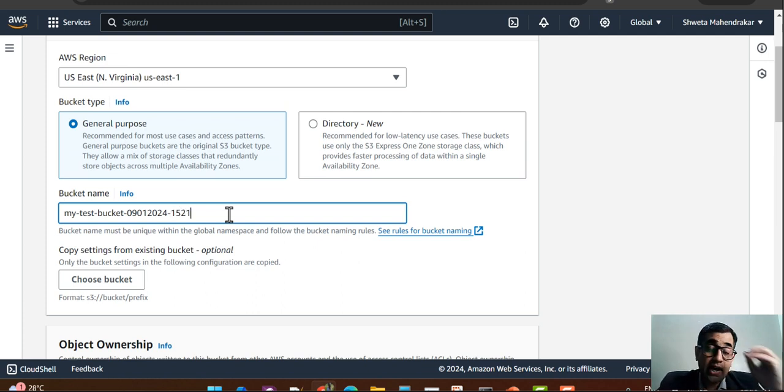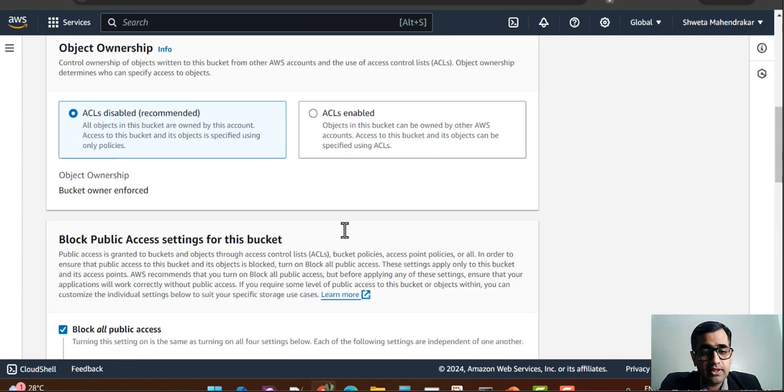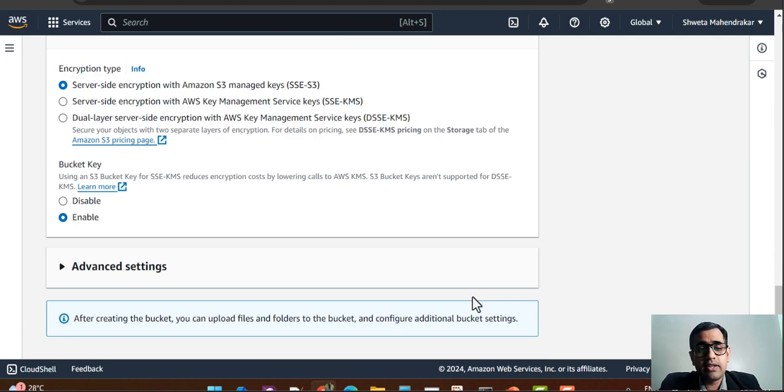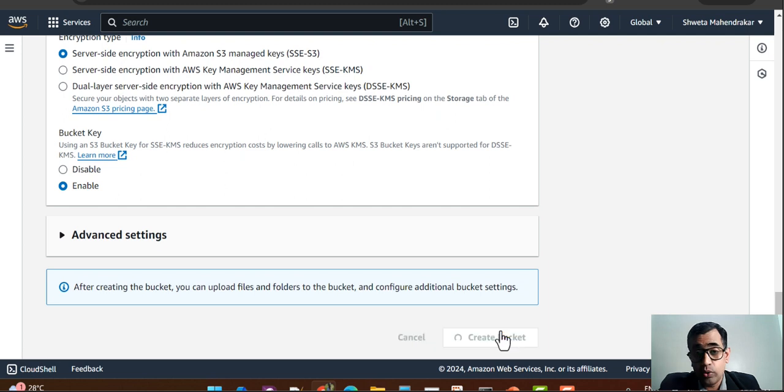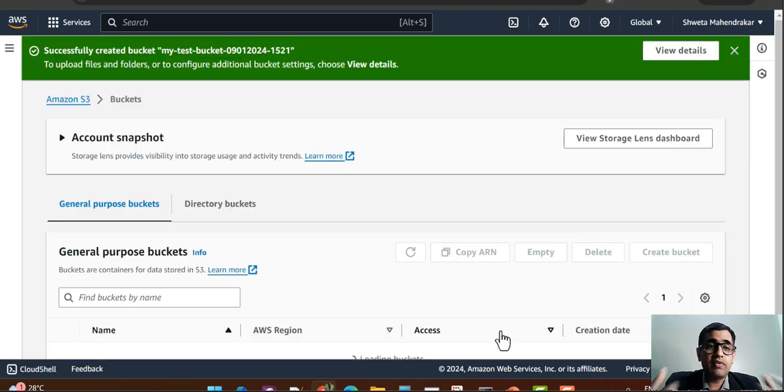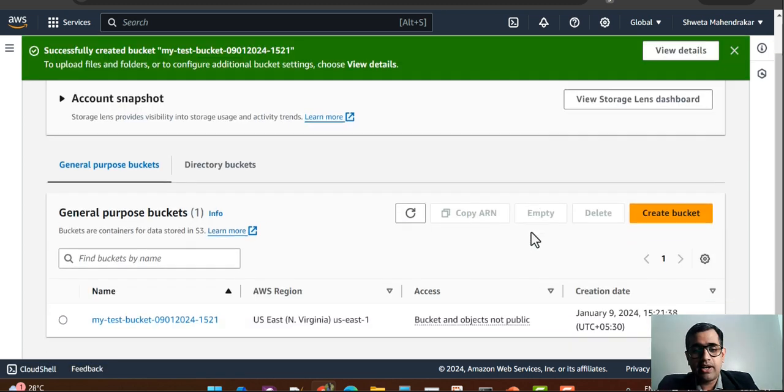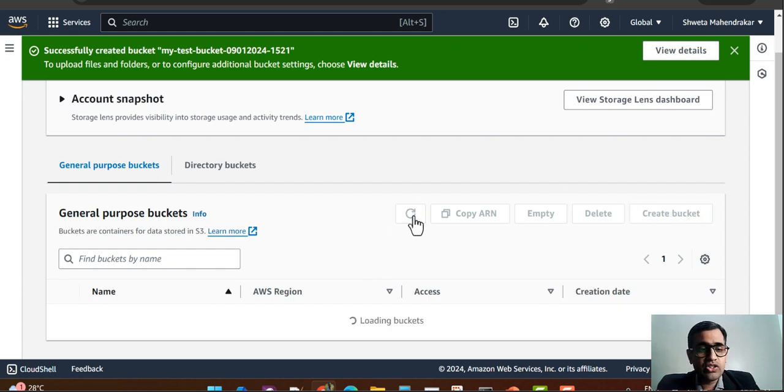This makes it unique because, as we know, the bucket names have to be unique. Now let's go ahead and try and create this bucket. Let's see if this is a unique name. If the name is unique, it will allow us to create the bucket. Yes, it has created the bucket, and if you can see, the bucket is created with the